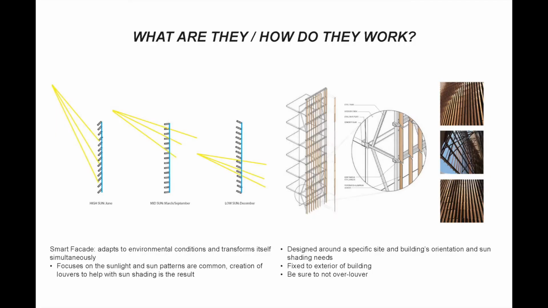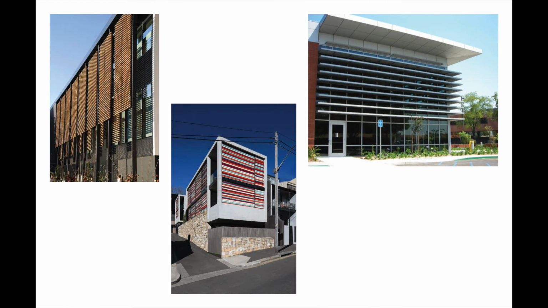Hi, today Nikki and I are going to tell you how to apply a smart facade to your building, in particular, louvers. Facades are deemed smart when they adapt to environmental conditions and transform themselves simultaneously. Usually, the transformation is focused around sunlight and its patterns. Louvers adapt to a specific building's orientation and sun shading needs, which range based on orientation and time of day